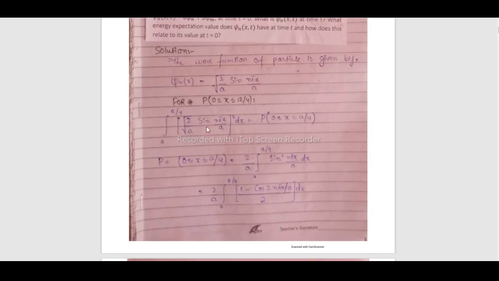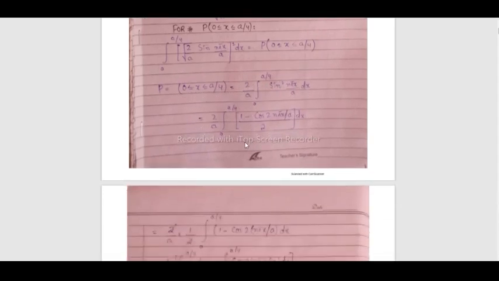Basically 2 upon a, here is a whole square, which cancels with the under root. That is why 2 upon a is taken out from the integral sign. Integral 0 to a upon 4 sine square n pi x upon a into dx. So next,